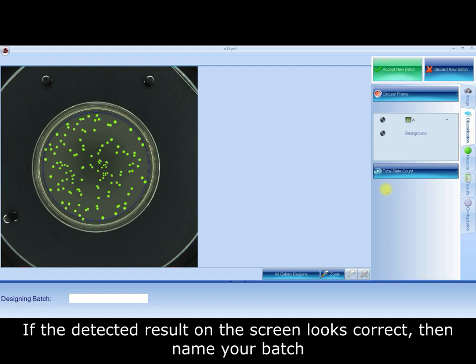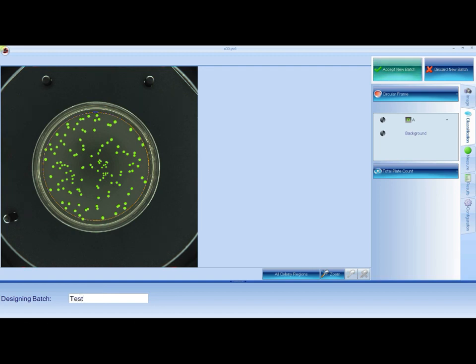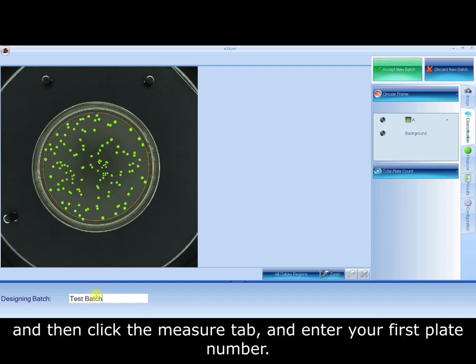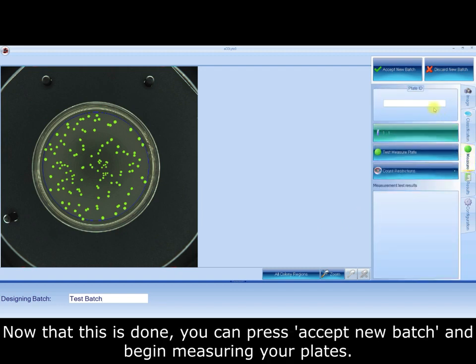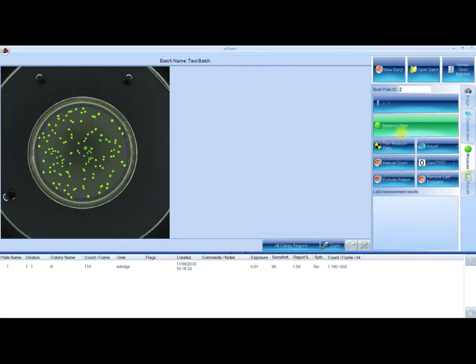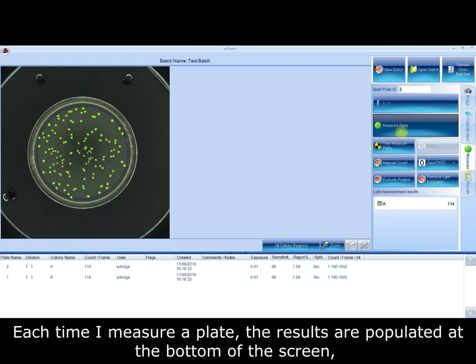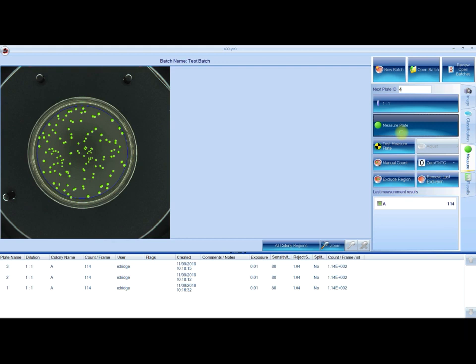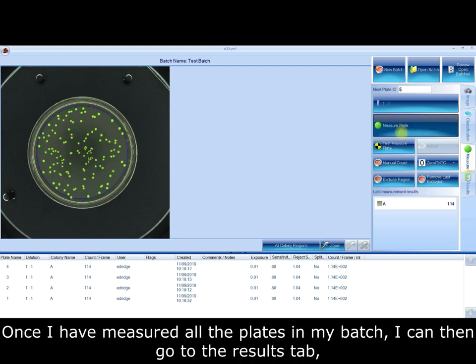If the detected result on the screen looks correct, then name your batch and then click the Measure tab and enter your first plate number. Now that this is done, you can press Accept New Batch and begin measuring your plates. Each time I measure a plate, the results are populated at the bottom of the screen. Once I've measured all the plates in my batch, I can then go to the Results tab